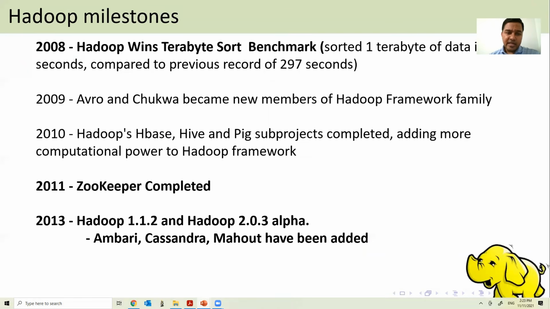In 2008, using Hadoop, a terabyte sorting benchmark competition was done in the least amount of time. And in 2008 itself, a company called Cloudera came up with a commercial solution of Hadoop. Since it's open source, anyone can use it.